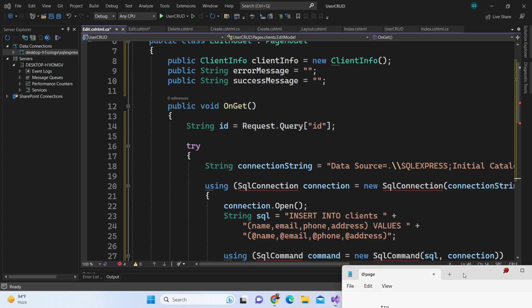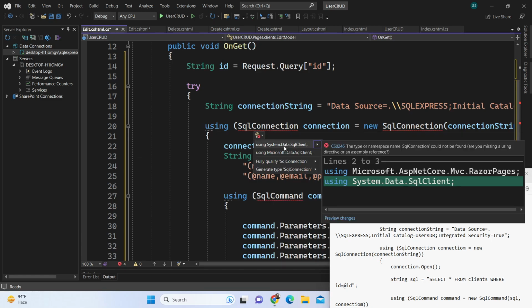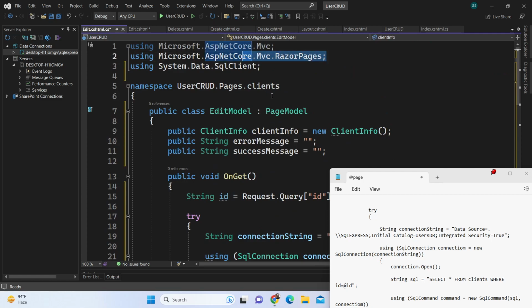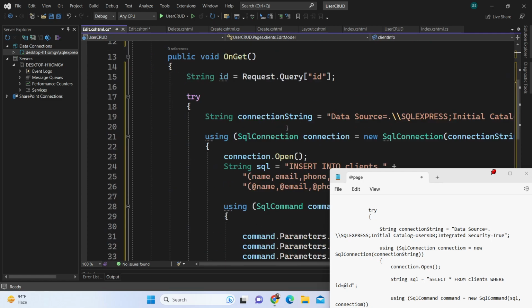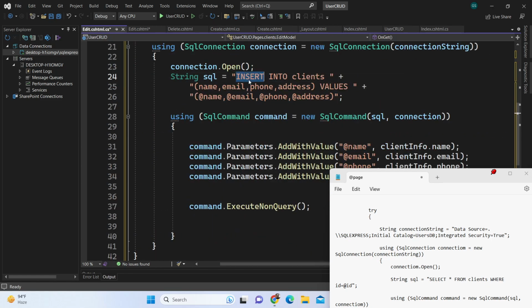So here, guys, just include this SQL client, we have included that. So our database name is clientDB, and inside of insert statement, guys, what we need to do right here,